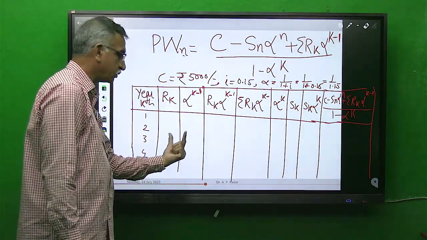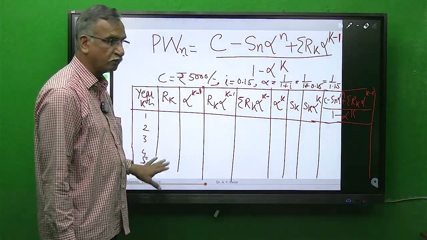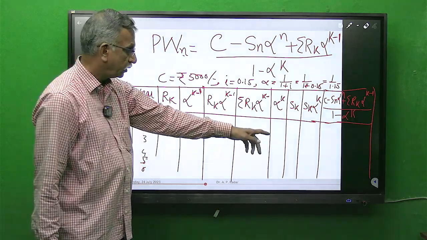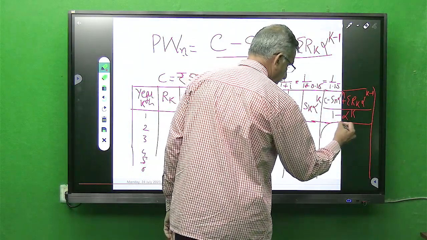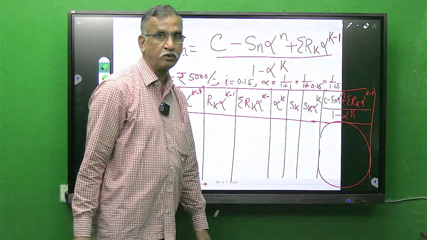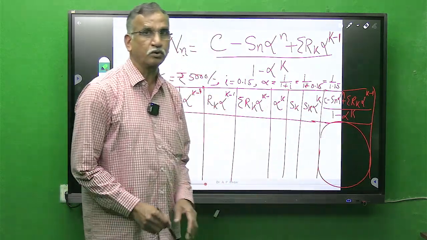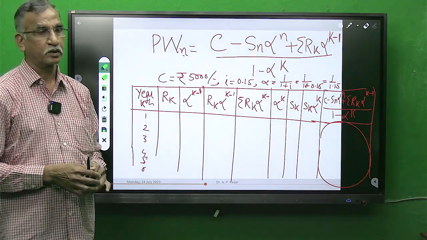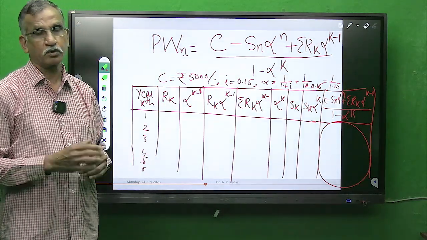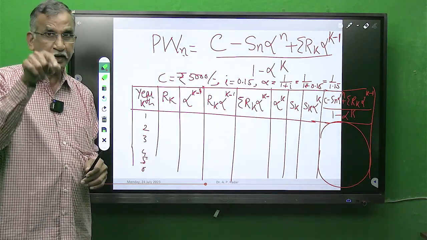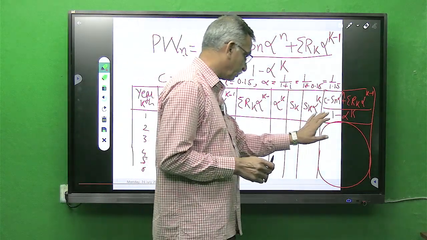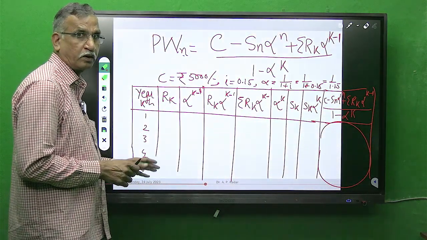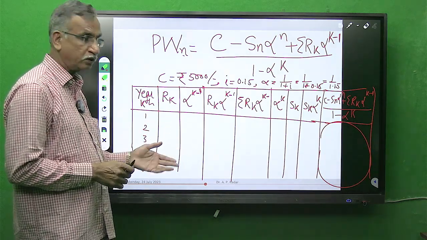You have to calculate this in the exam with the help of a calculator. And then your last column will be the deciding column. Observe values in this last column. The value where you get the minimum, out of 6, is the optimal replacement age. Again, if you come across a trend where you don't get the minimum at the end of 6 years, you will write that it will be more than 6 years.